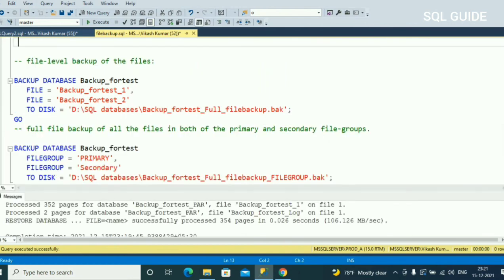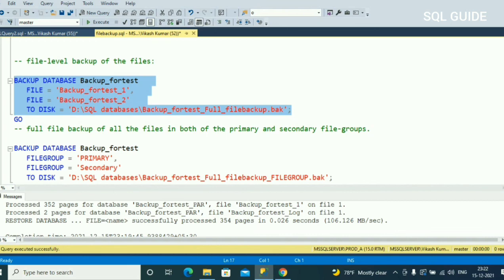Now I am going to show how to take a file level backup, how to take a file backup. So I have one MDF file, and one secondary file named for test 2. I am going to take this file.